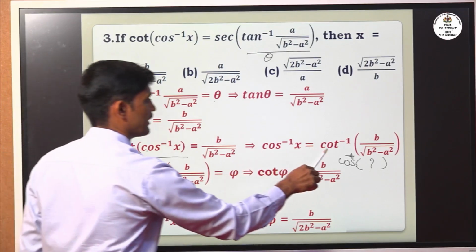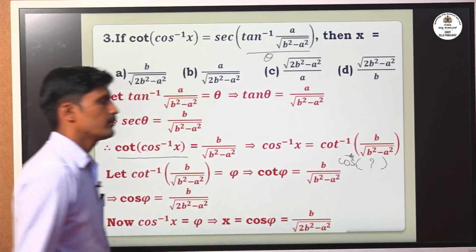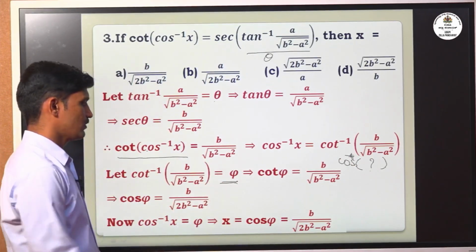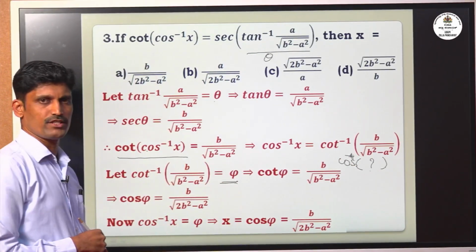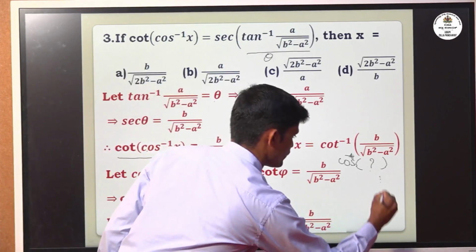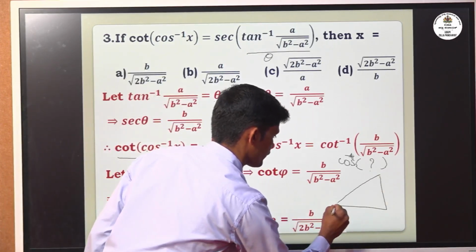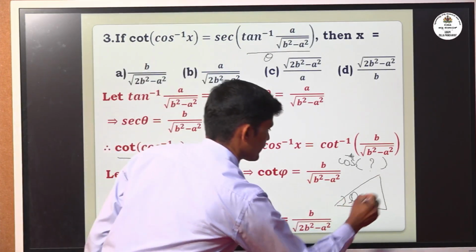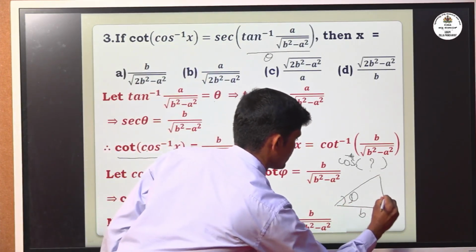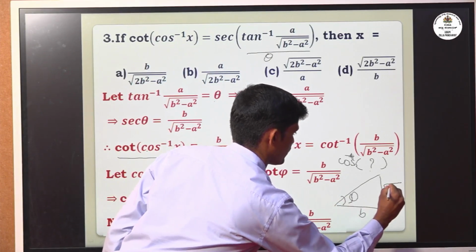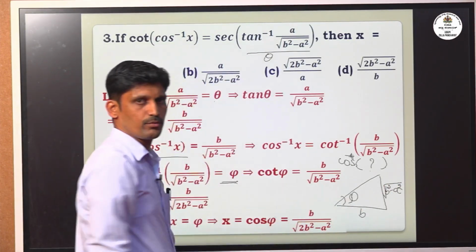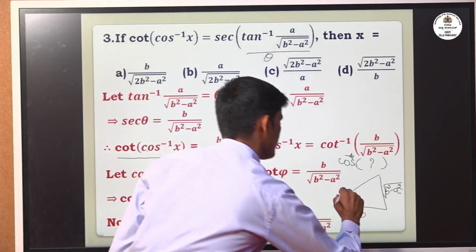Now let us take cot inverse of b by root b square minus a square as phi, so that cot phi is equal to b by root of b square minus a square. We can observe this right angled triangle here, where this angle is phi. Then cot phi is equal to adjacent by opposite, that is b by root of b square minus a square. Then hypotenuse becomes